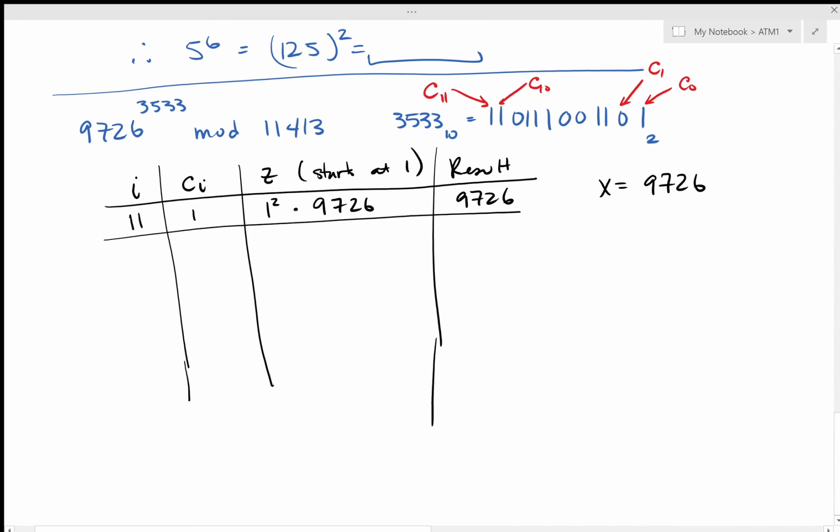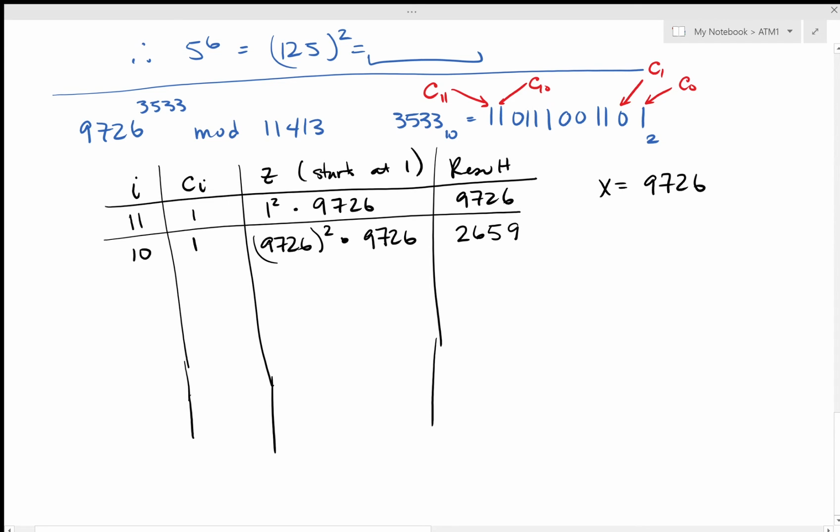Okay, we decrement i. We get 10. We look at C10. C10 is 1. So we always square Z, so we go ahead and do that. We square Z, which is now 9726. We square that, and then we multiply by X because Ci, in this case C10, is 1. So we multiply here 9726, and then we must now mod 11413. So I'm going to make this calculation mod 11413, and we get